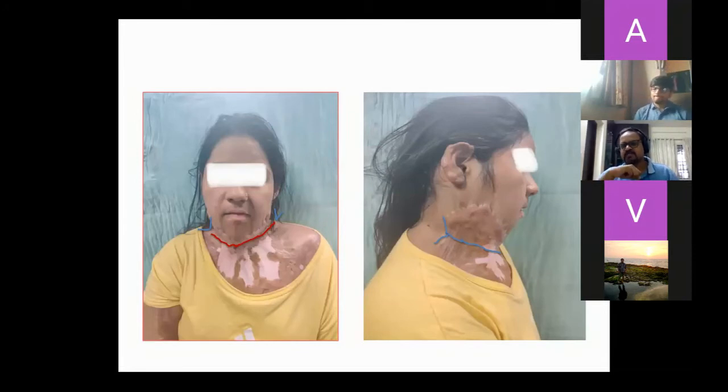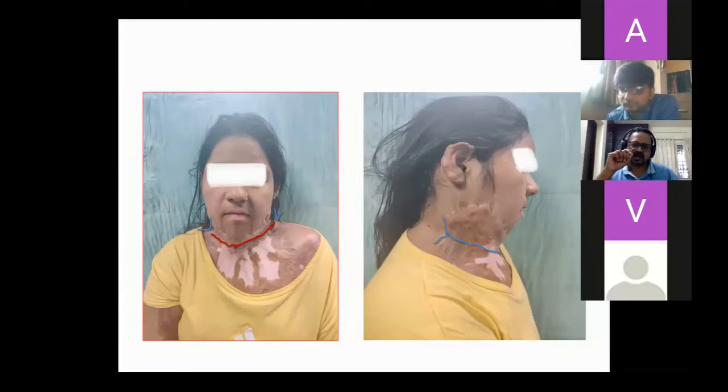Someone actually asked a good question in between through the chats. You have answered it previously: how would you know the true defect and the apparent defect? How will you study that?